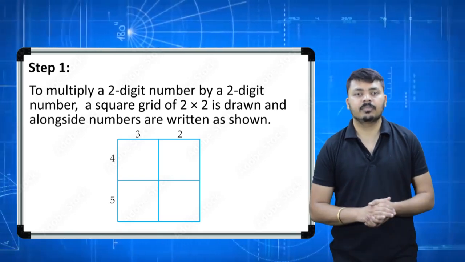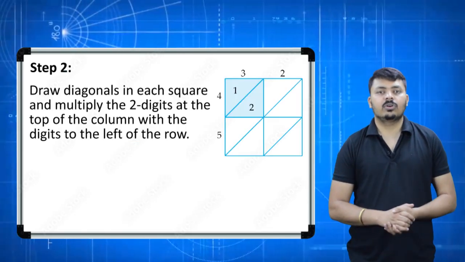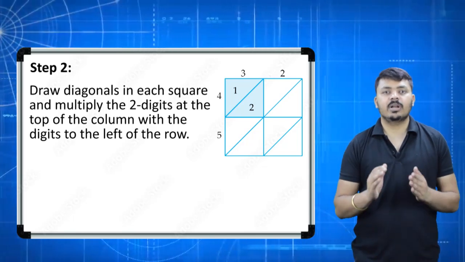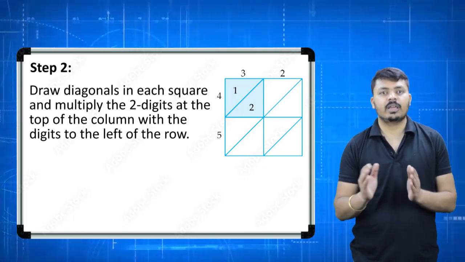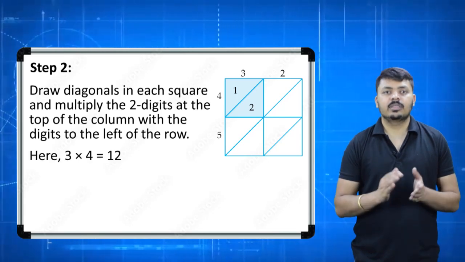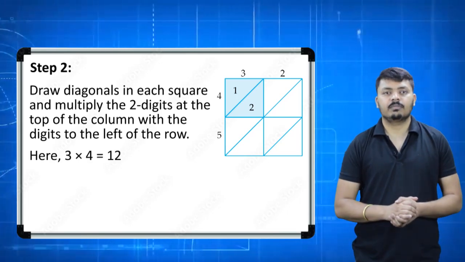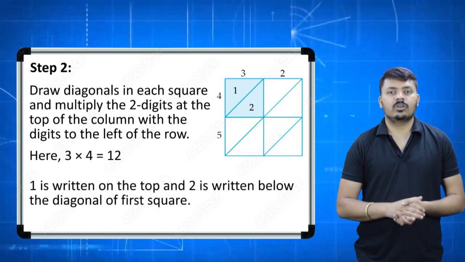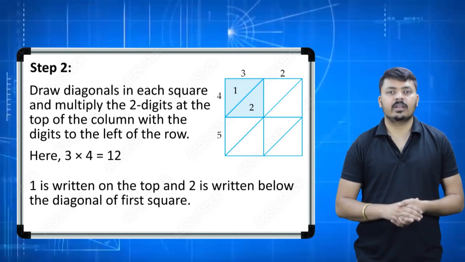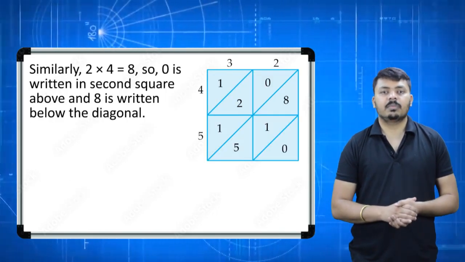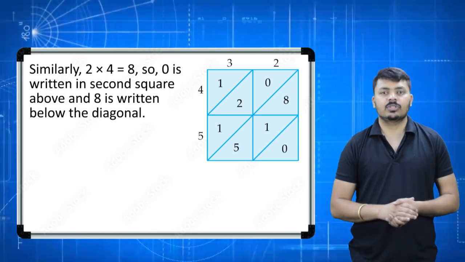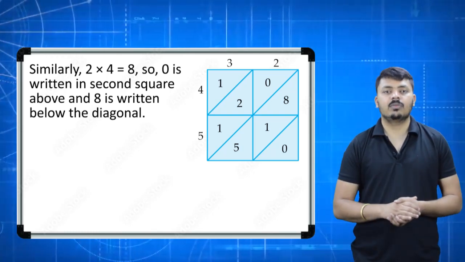As you can see, step 2. Draw diagonals in each square and multiply the 2 digits at the top of the column with the digits to the left of the row. Here, 3 multiplied by 4 is equal to 12. 1 is written on the top and 2 is written below the diagonal of first square. Similarly, 2 multiplied by 4 equals 8, so 0 is written in the second square above and 8 is